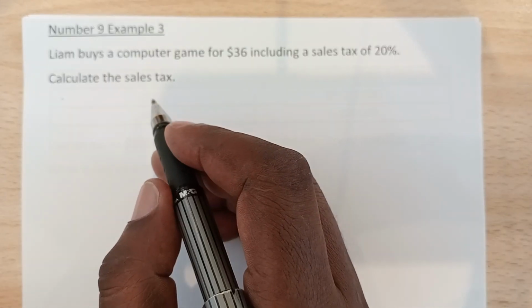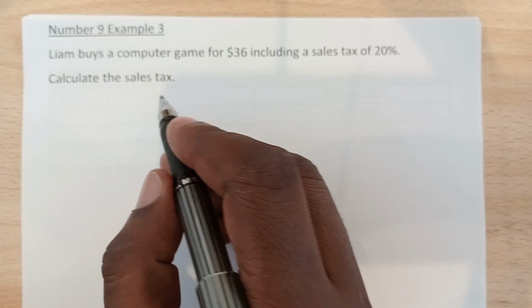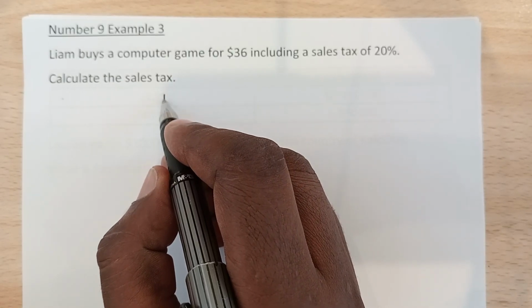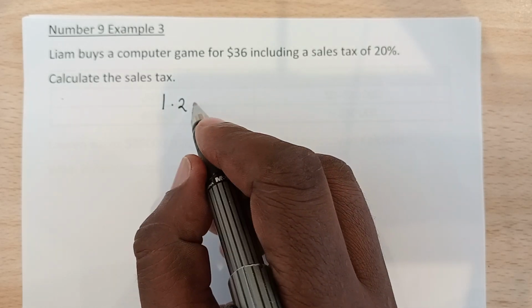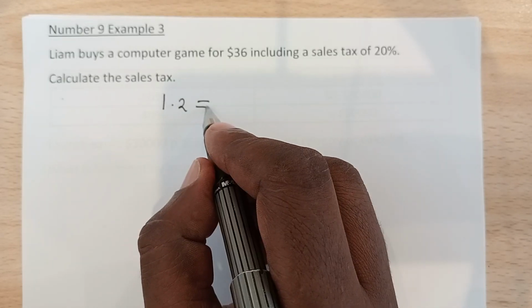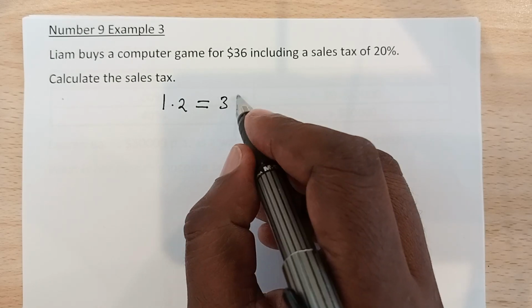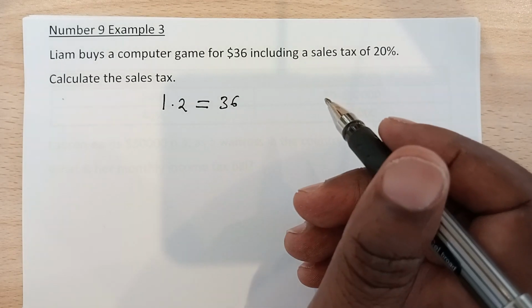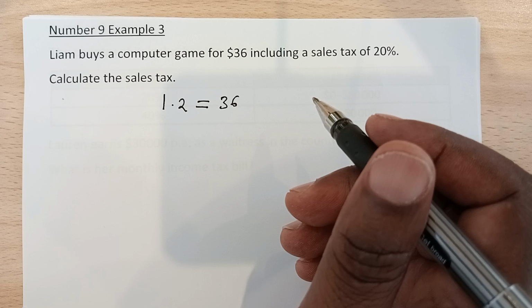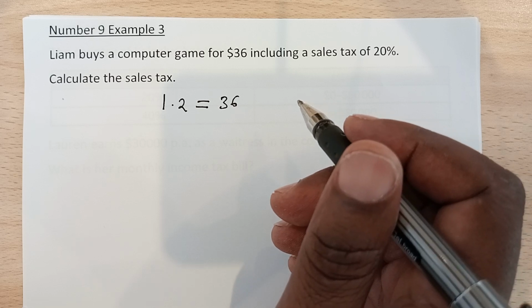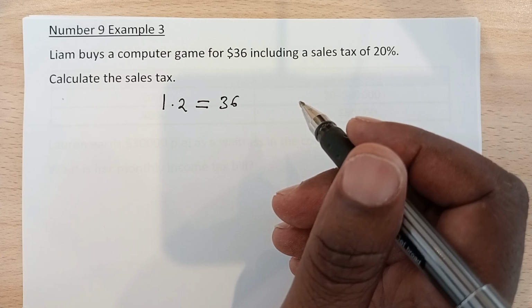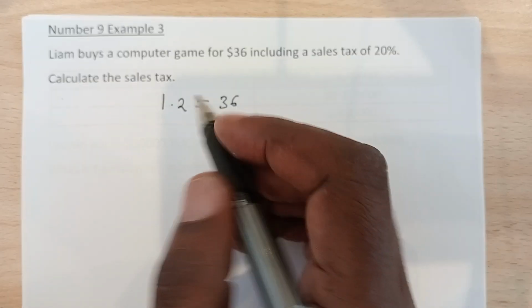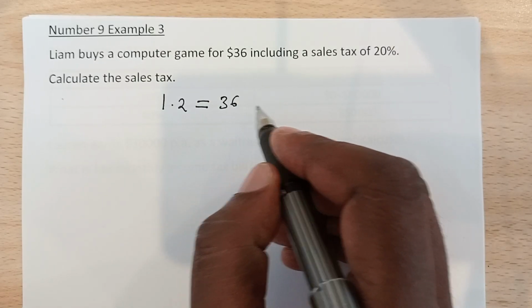120%, and 120% is just 1.2, which is equal to $36. And if this is true, then we would want to know what is the cost of the computer game alone before the tax. So if you divide both sides by 1.2,